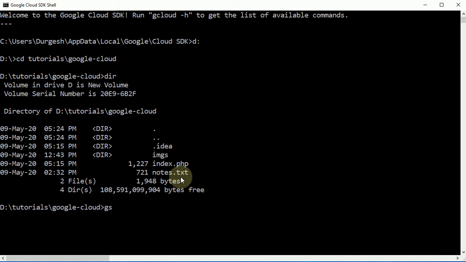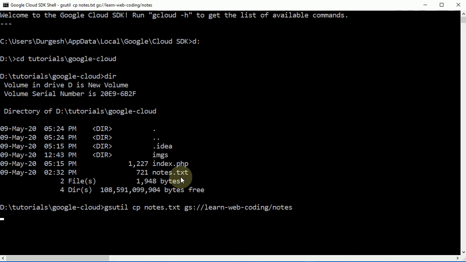So there is a command, gsutil, single l, cp, the copy command, then the file name which is notes.txt, copy it to gs colon, and the bucket name. So our bucket name is learn web coding. So here I want to upload it. If you want to create any directory and upload it there, it's fine. You just say test, or let's say I'm just going to name it notes again, and here I want to upload it.